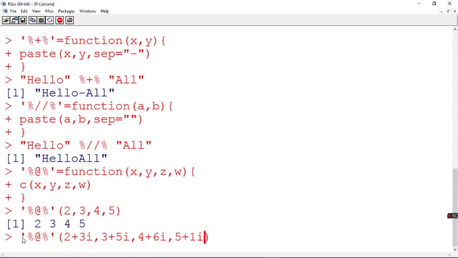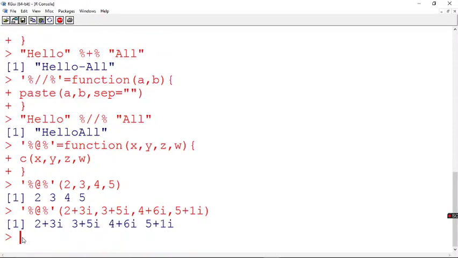Now let's see whether it is creating. See, it is creating a vector. Is it clear? So when you have more than 2 operands, in that case you can call the same operator, as we converted our simple operator into an infix function.